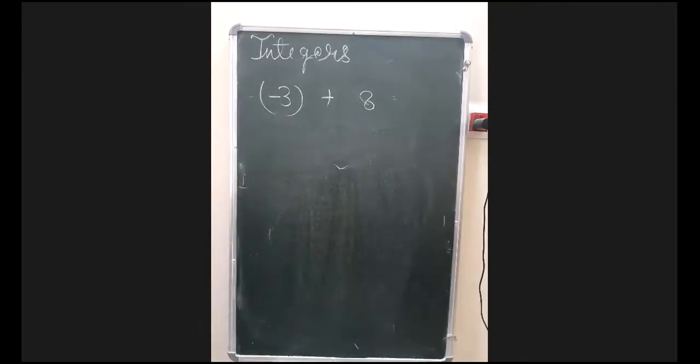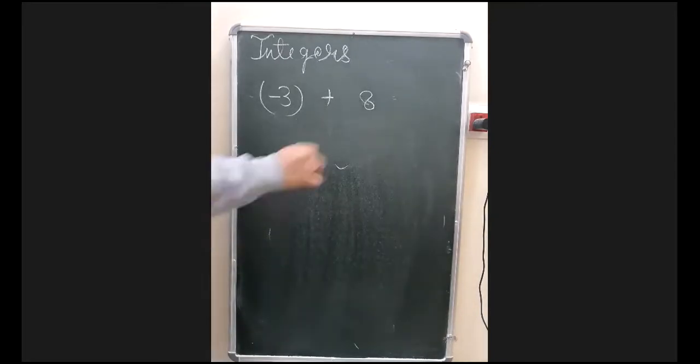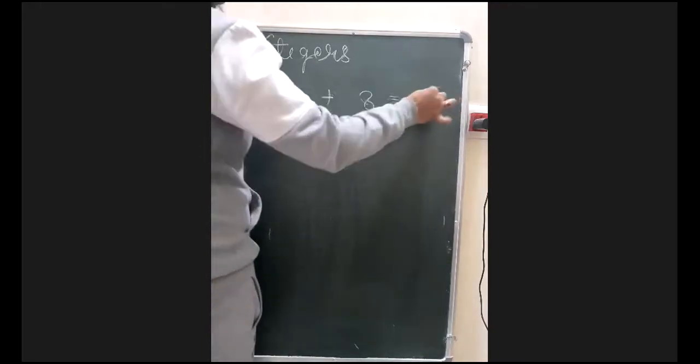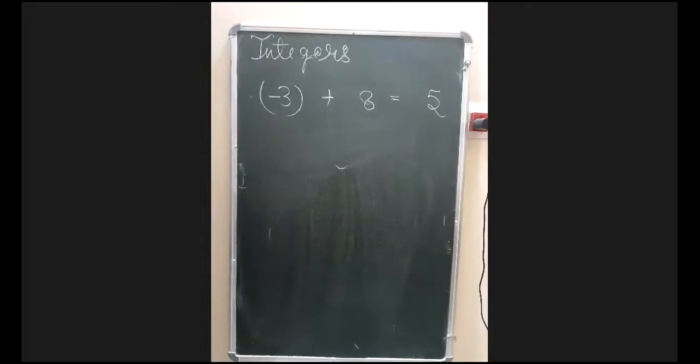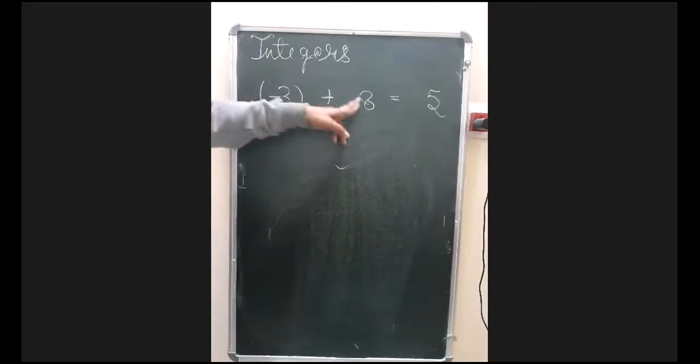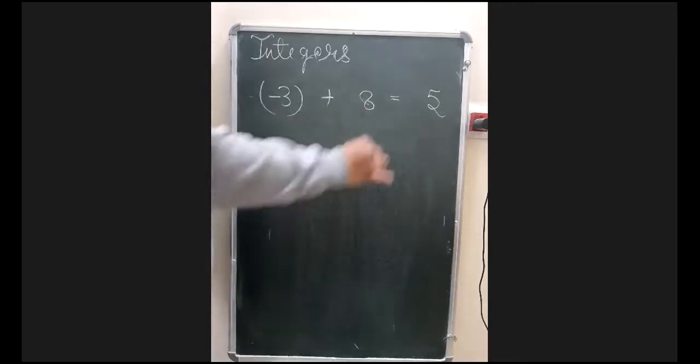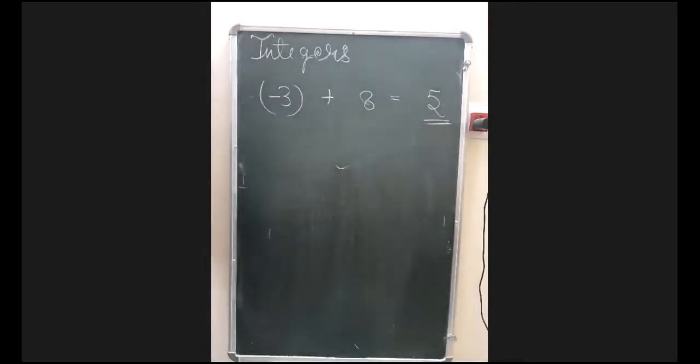Okay, you will always subtract. Remember, if the numbers are with the same sign, they will always be added. But if the numbers are of different sign, then remember they are always subtracted. अगर दोनों numbers same sign के होंगे तो add हो जाएंगे, और अगर दोनों numbers different sign के होंगे तो subtract हो जाएंगे. So here 3 will be taken from 8, the answer will be 5, and remember which will be greater here? 8 is greater. In quantity, 8 is greater. So 8 अगर बड़ा है तो sign will be positive only, and the plus sign is like Mr. India. If you put it, fine. If you don't put it, that is also fine.